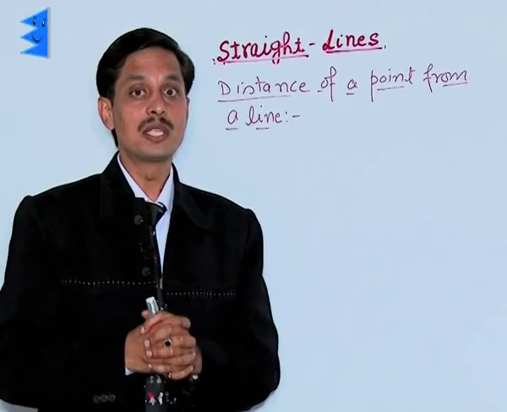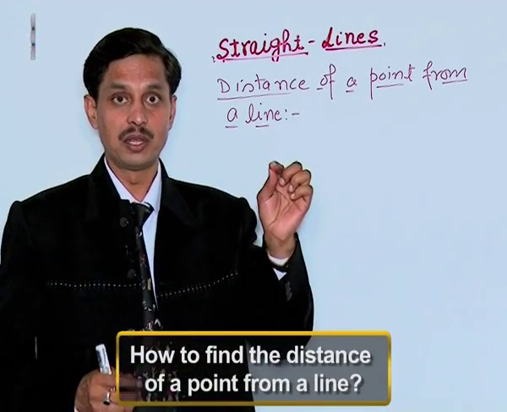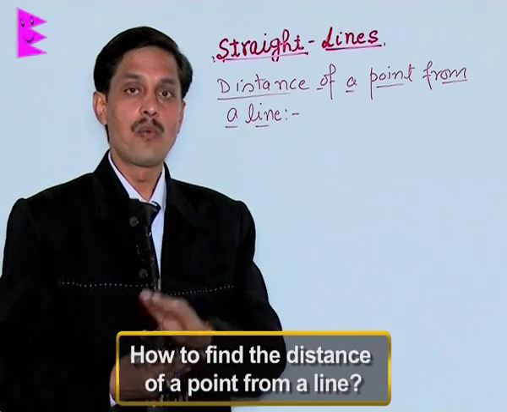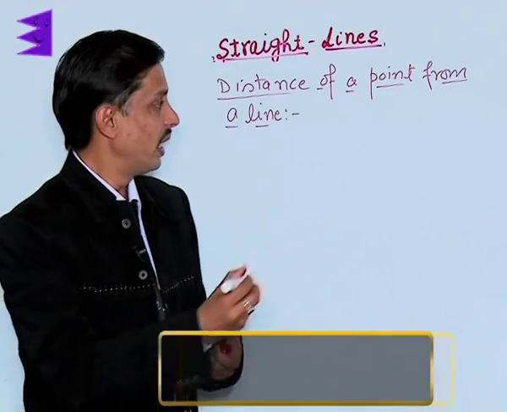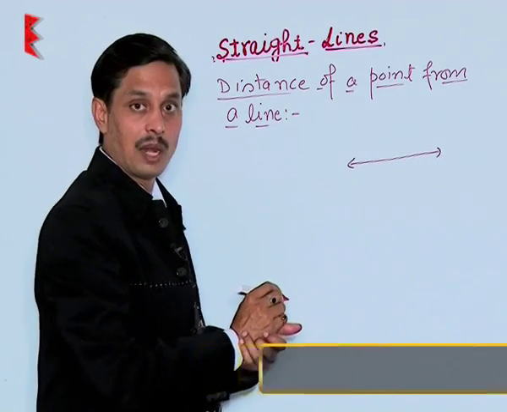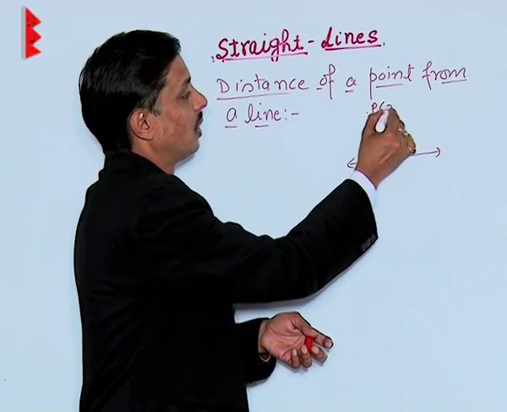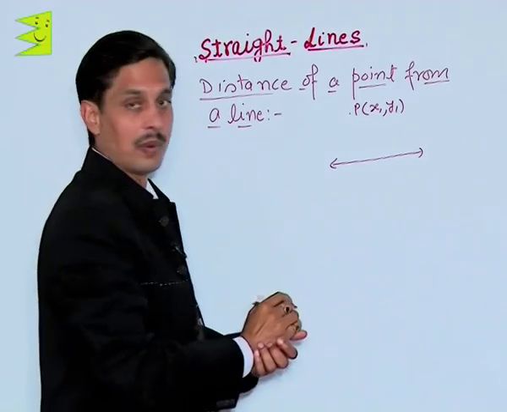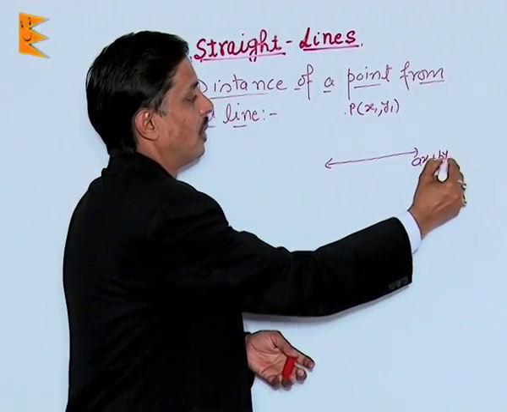Now I want to discuss with you how to find the distance of a point from a line, or what is the method of finding the distance of a line from a given point. In general, first I am explaining you, then I will let you know with the help of one example that if this is the point P, its coordinates are x1, y1, and this is the line ax plus by